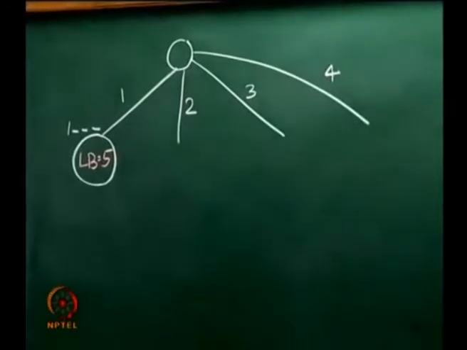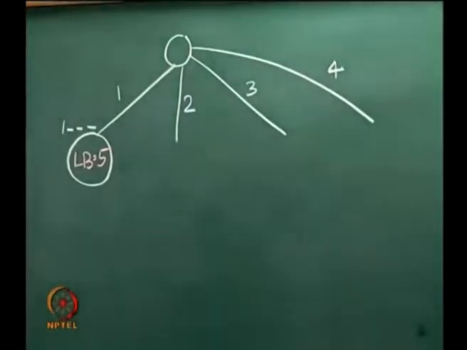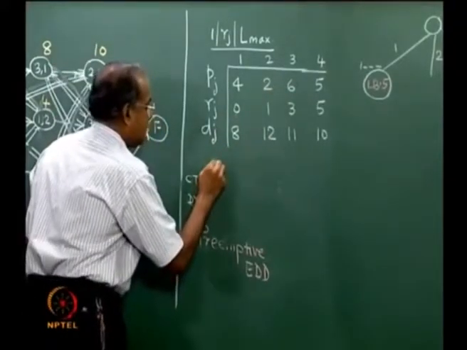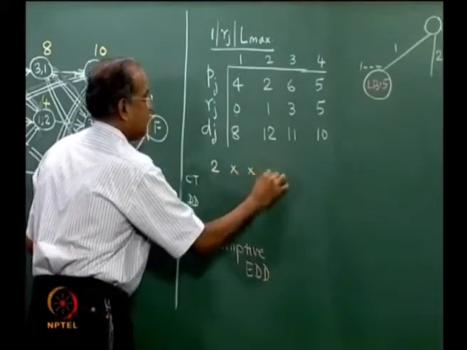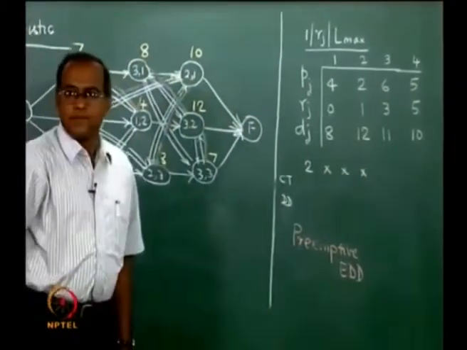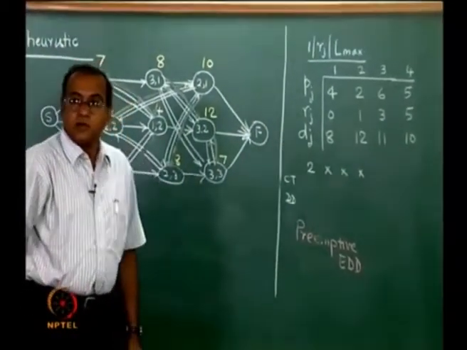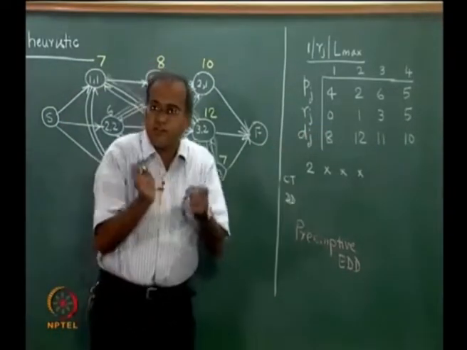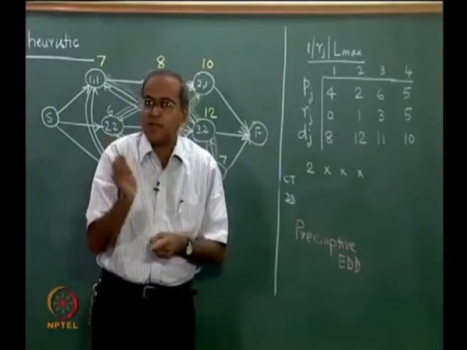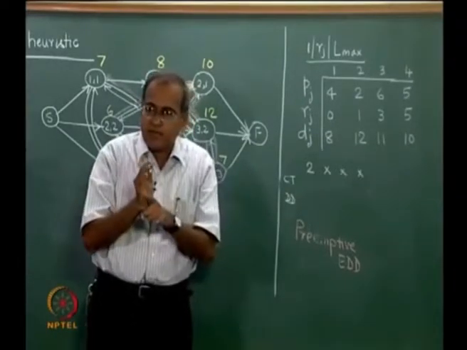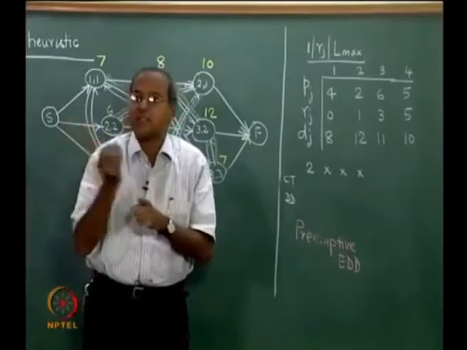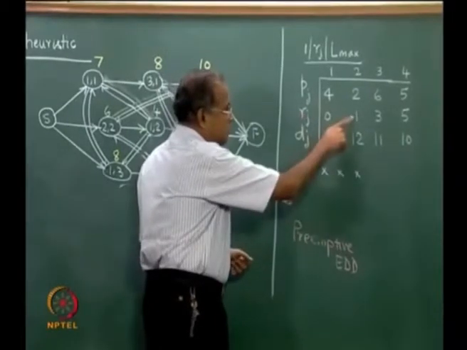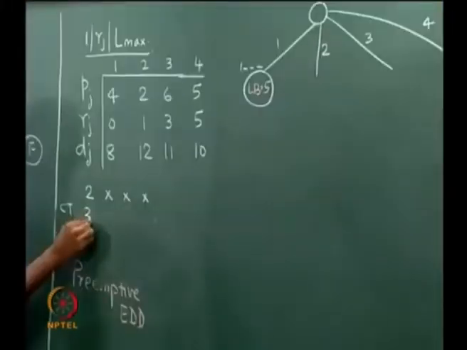Now, let me explain the computation of the other one. Now, we start with job 2 as first. Here, for the fixed jobs you cannot apply the preemptive EDD; you can apply the preemptive EDD only for the jobs that are not fixed in the partial sequence. So 2 is fixed in the partial sequence, so 2 starts at time equal to 1 and finishes at time equal to 3.